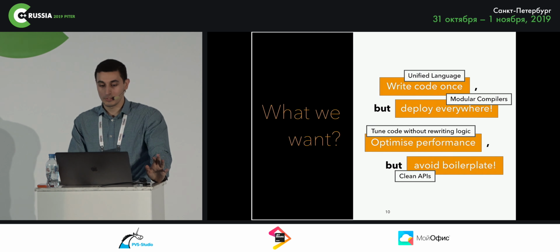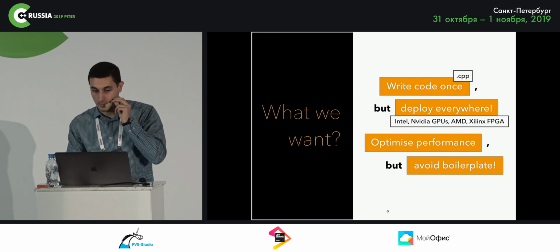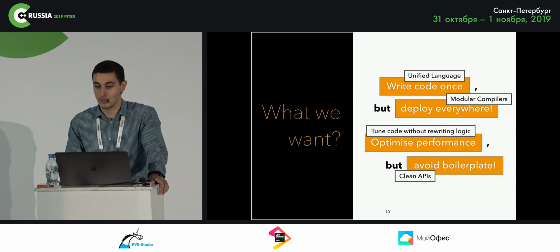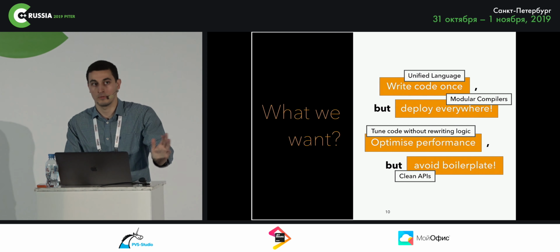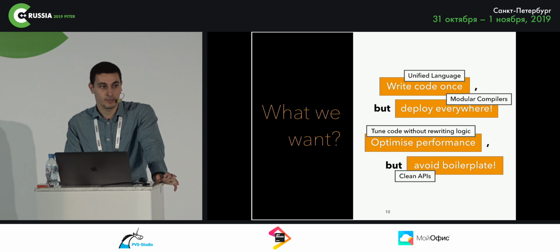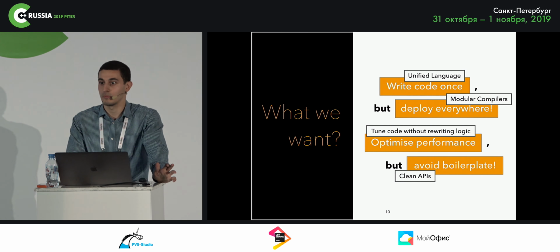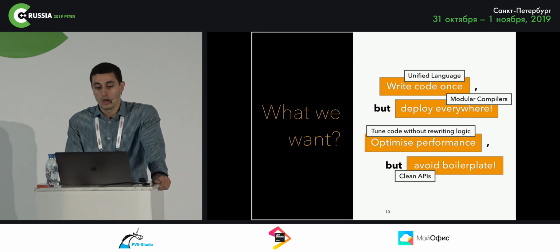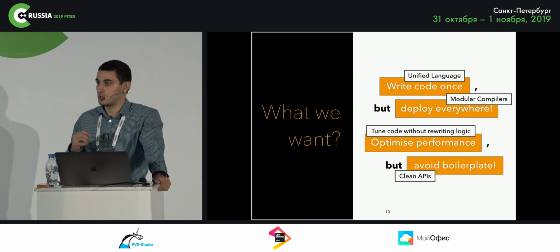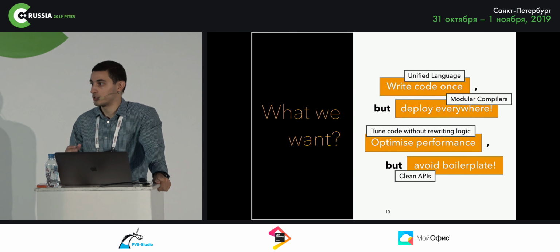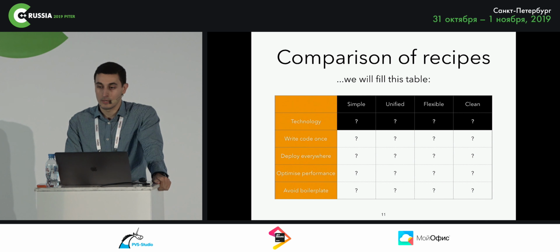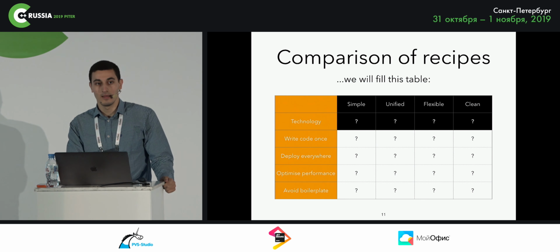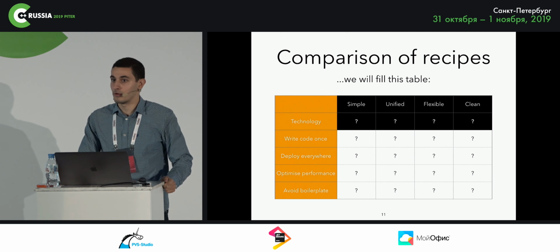So all those nice things, the cross-platform deployment and simple code, generally require a lot of stuff. They require a unified language for abstractions, both on the CPU side and the GPU side. We want compilers that are modular enough so we can add backends every time we want to deploy our models on a new kind of accelerator, an ASIC or a GPU. We want to write our software, and we want the compilers to actually tune everything related to deployment without changing our logic. So this is a broad set of problems,